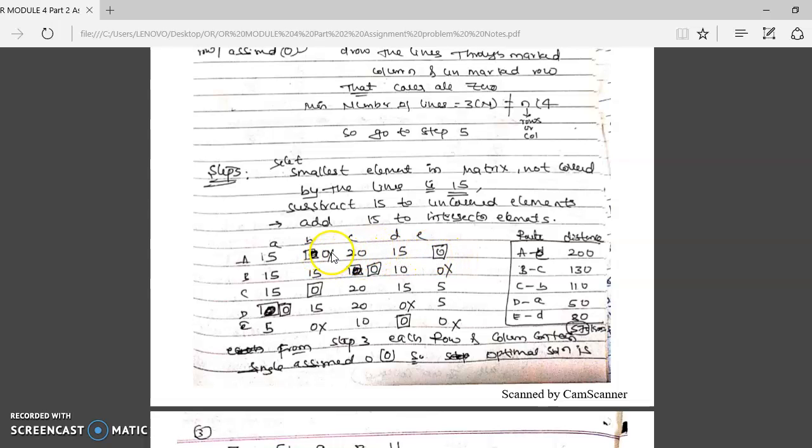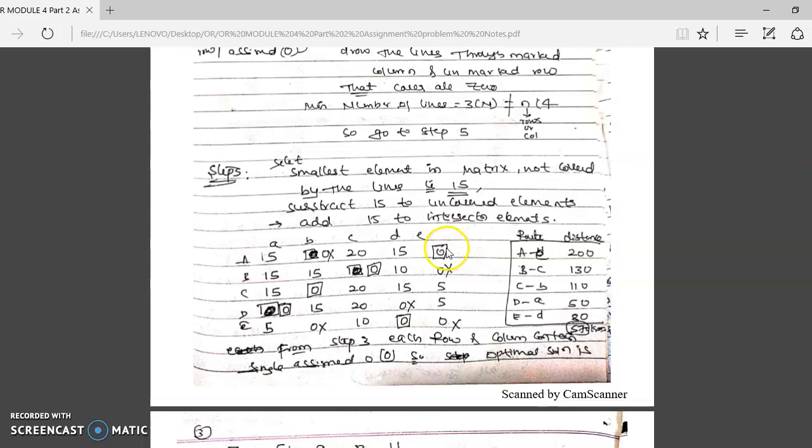If I select this, how many zeros get covered? This will get crossed, this will get crossed. Similarly, if I select this, these two get crossed and this will get crossed. Then select one of the rows. Actually we are selecting this one, but after doing correction we can make it possible. So first try with this one. If you don't get it, go for the fourth one. Only thing is that first follow the unique method. If you don't get to cross all the sections, then go for the second option.